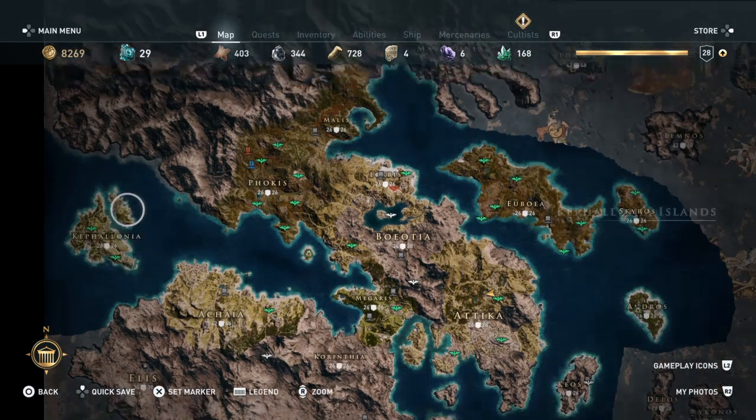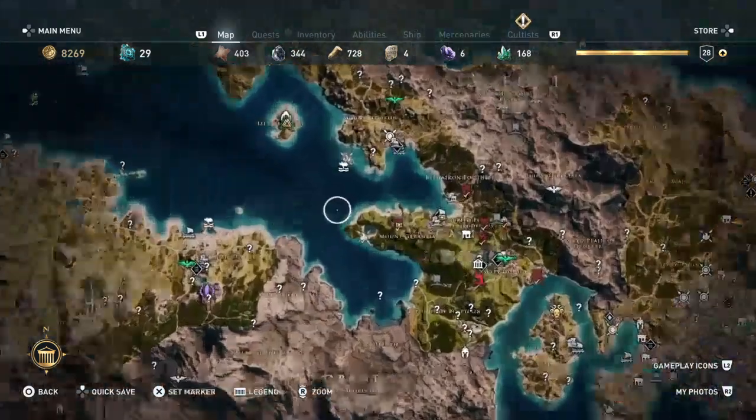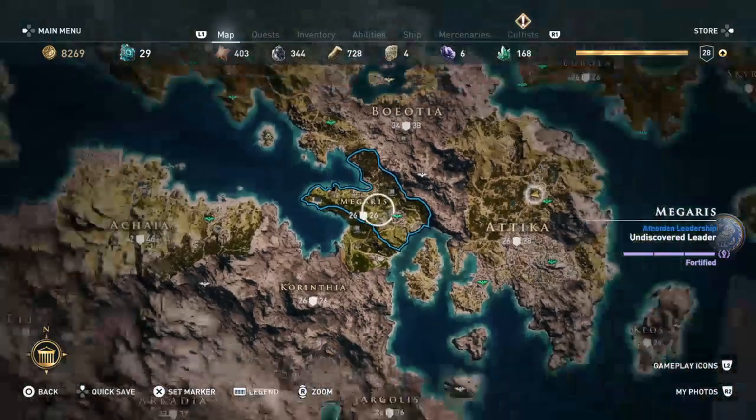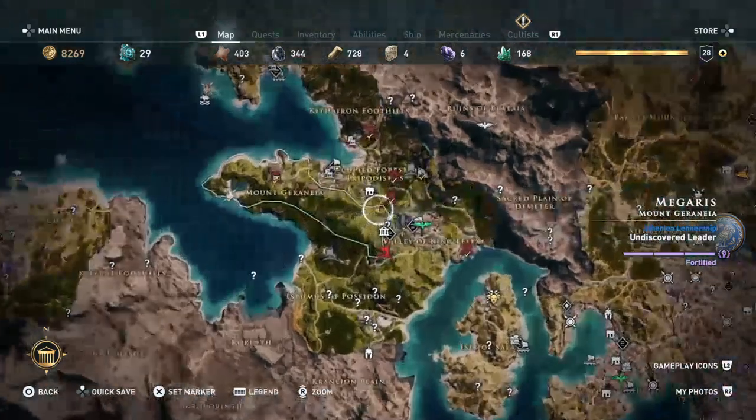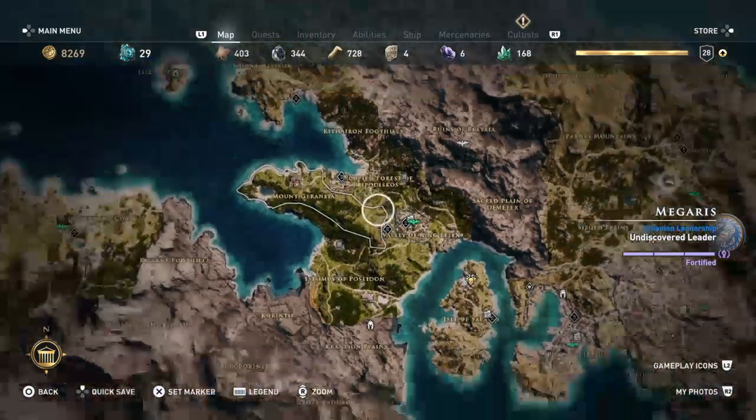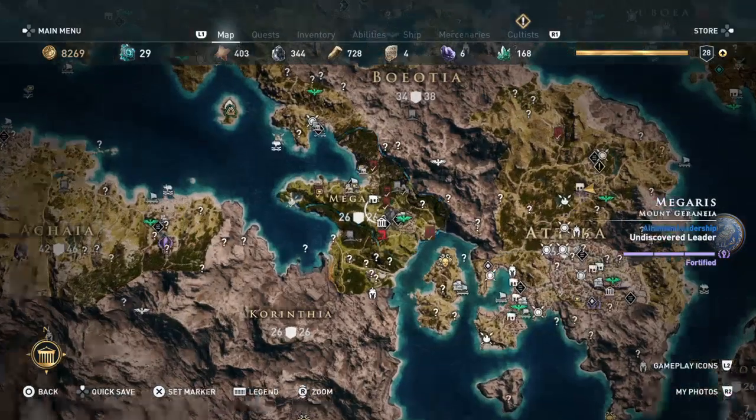So, that takes you to Megaris, which is this small kind of region here that gets you acquainted with the faction system and the conquest battles and such.